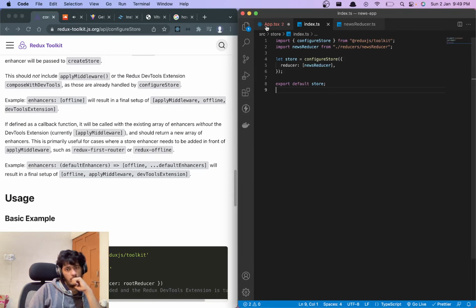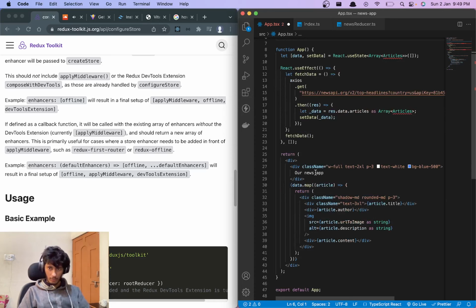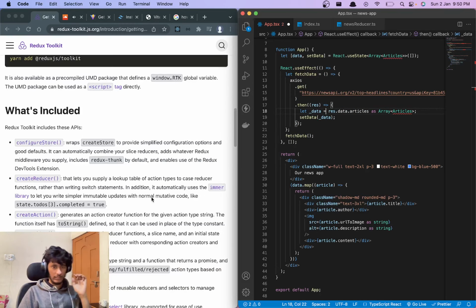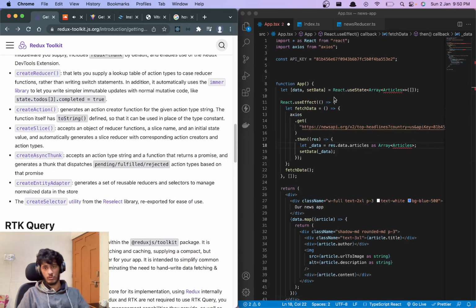Yeah, so this should work. Let's try to use this. Now you'll ask me how will you be using it? Then we'll try to use additional RTK Query. We'll be trying to use this after we are able to successfully send this to our store.